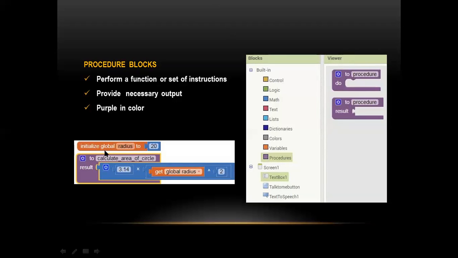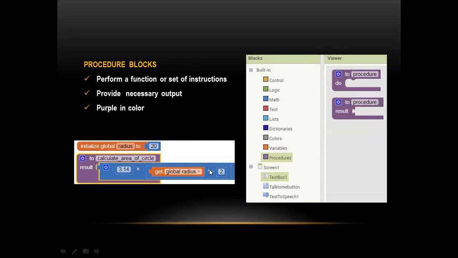So in this example, we are going to calculate the area of a circle. It gets the radius value that we have as default. We set the value as default, giving the radius value as 20. So first it needs to calculate the square of that radius. To do that, the first instruction is to square the radius value. For that,